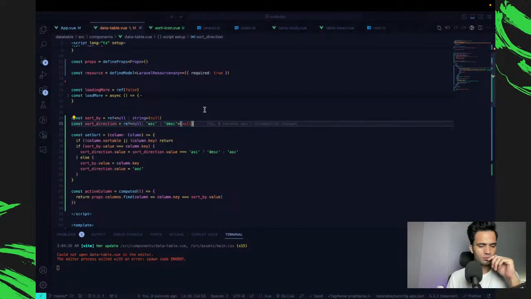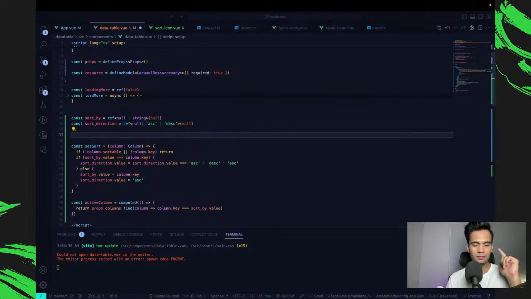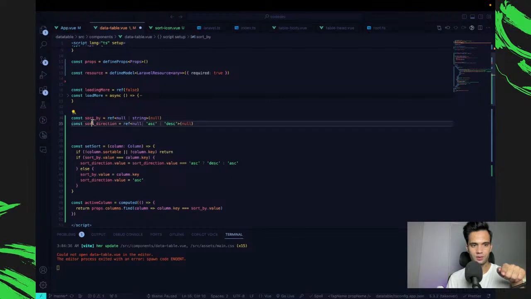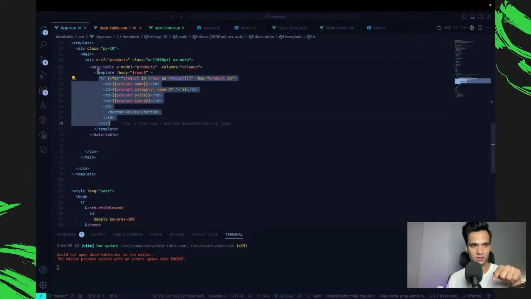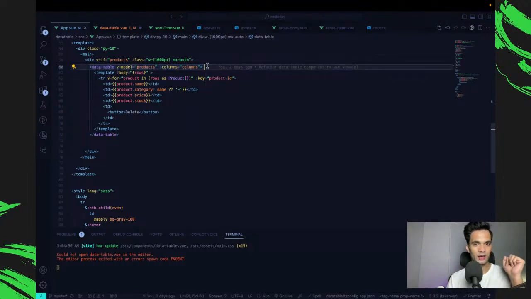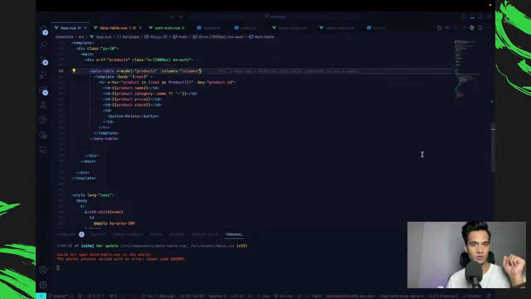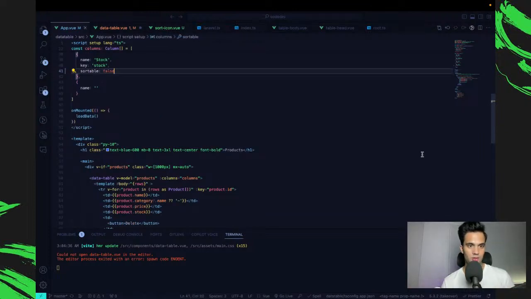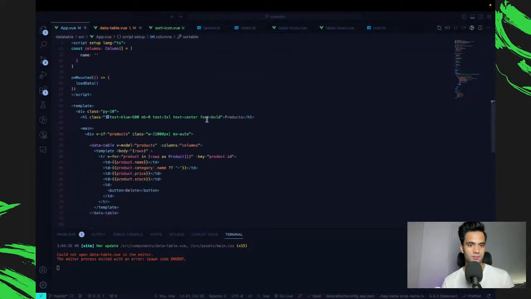I can really make the call to the API, right? Or I can provide this data back to my parent component and tell the parent component to do the sorting. This is what I used to do, and this is what you would normally do, because there is also the concern of the data flow.